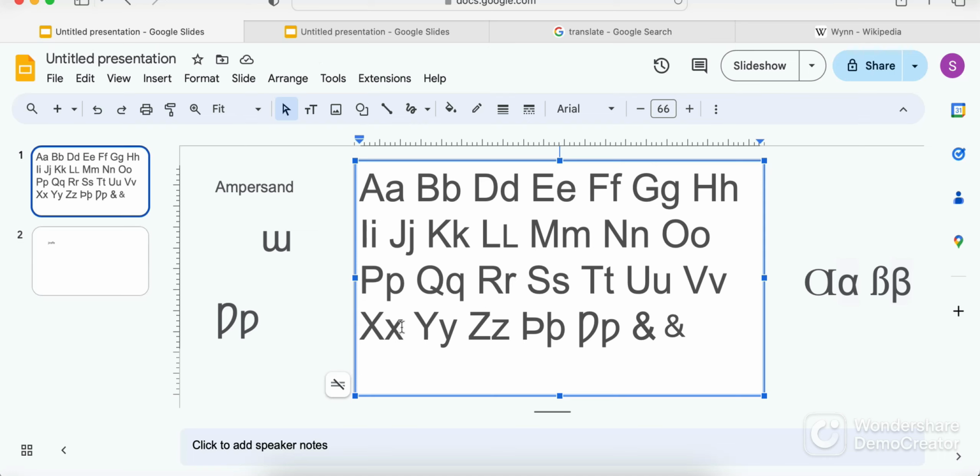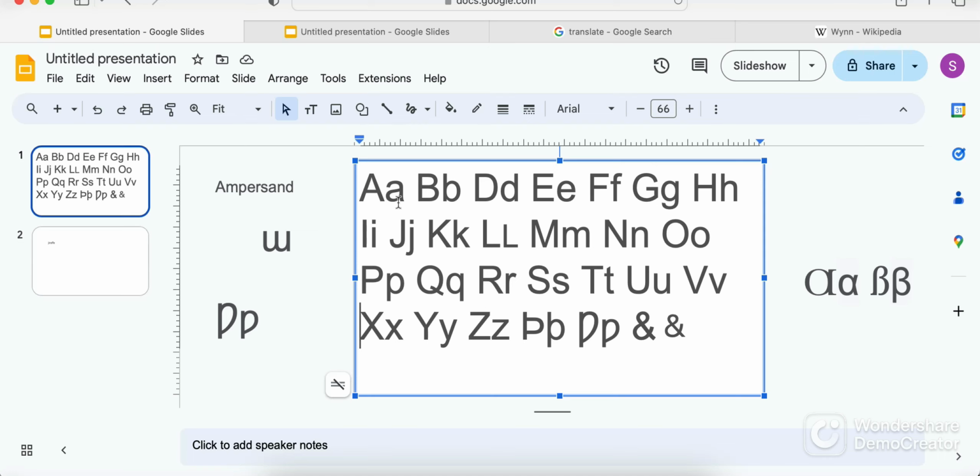It's kind of like a P or a J case, where it's similar, but not quite too similar. But Y, Z, thorn, win, ampersand,